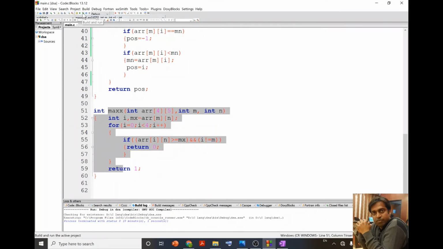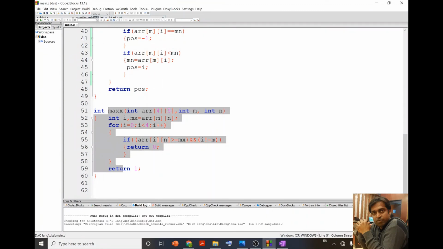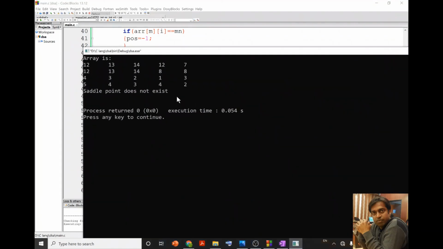Now if I run this program, you can see this is my array, and it says that the saddle point does not exist. If we scan the first row, the minimum element is 7, but it is not the maximum, which is 8. Now look at the second row. Here we have two minimum values, 8 and 8. The minimum value is 8, but it is located at two positions, so it is not the saddle point.